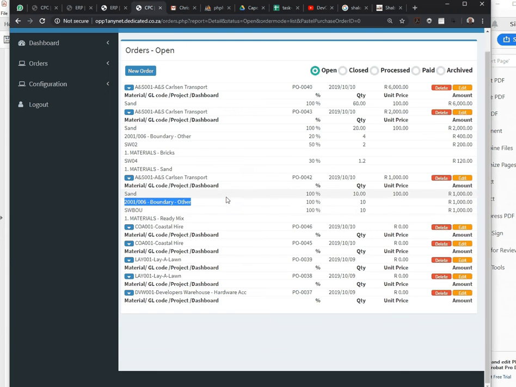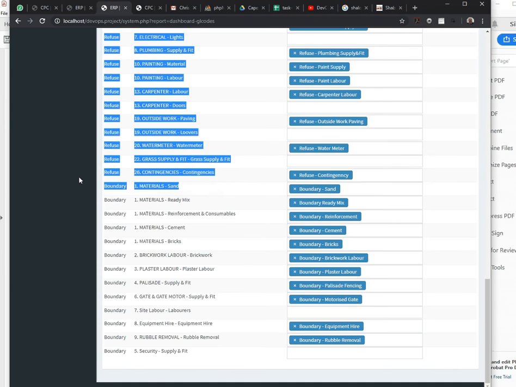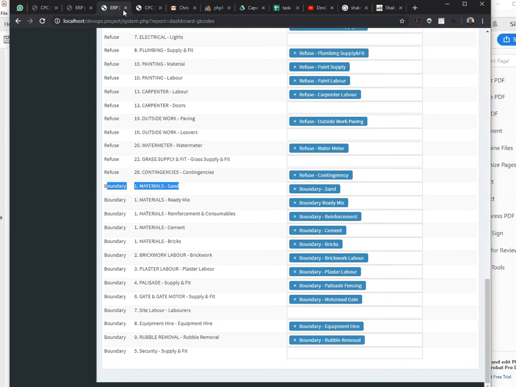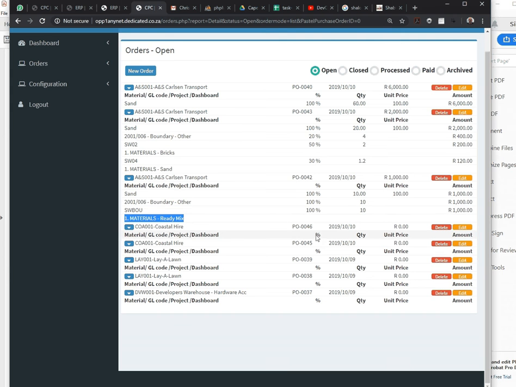Nothing configured, and hence that item was allocated to the boundary, that is the project code, and it then was allocated to the ready mix materials, which is wrong. That should have been that one, boundary sand, material sand. So yes, it is possible to configure